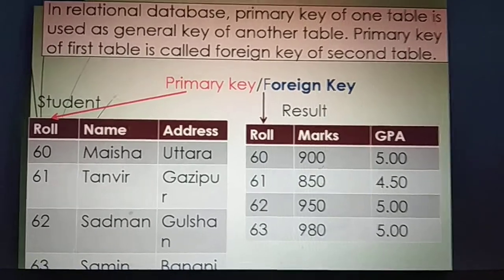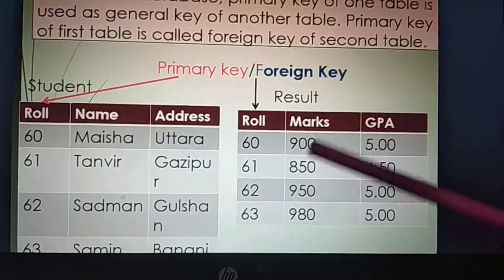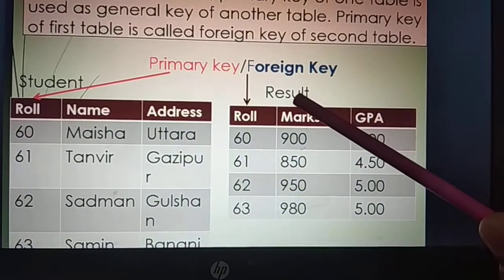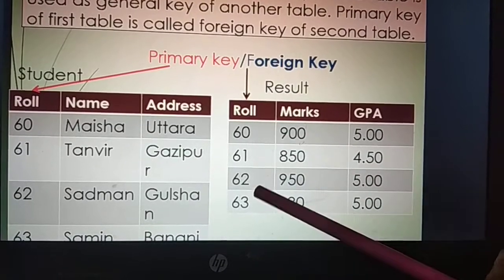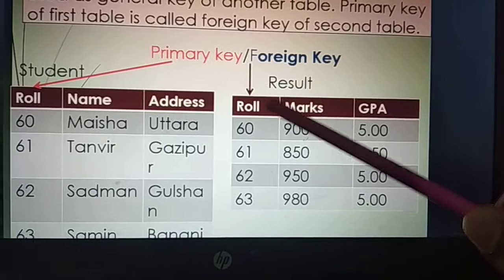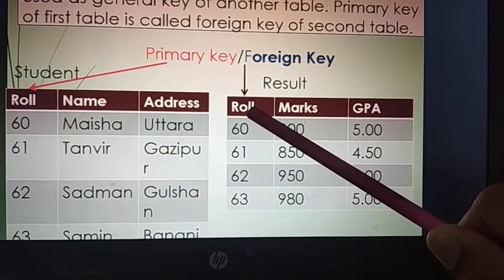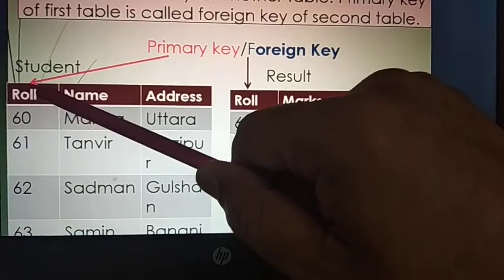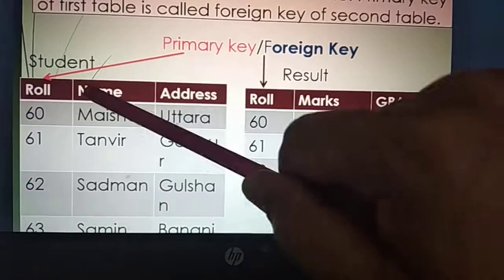In the first table, we have the primary key roll number, and in the second, the result table, we use the same field as the first table. So this field is known as a foreign key, because by using this field we can make a relationship between these two tables.